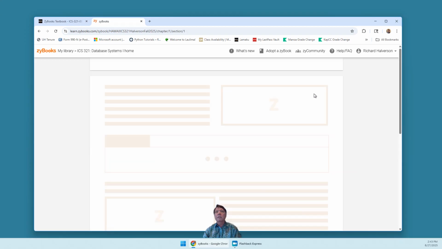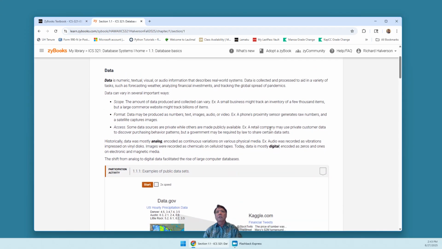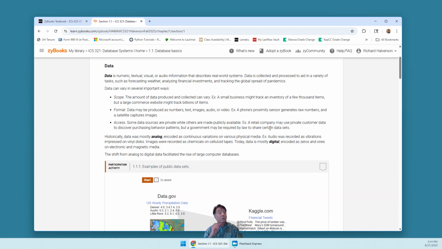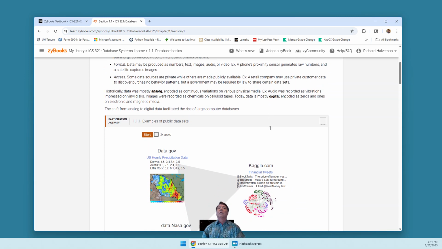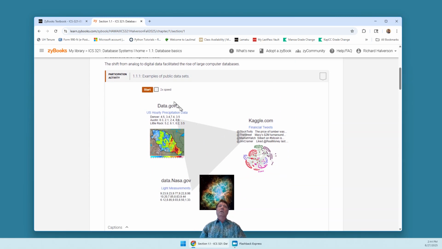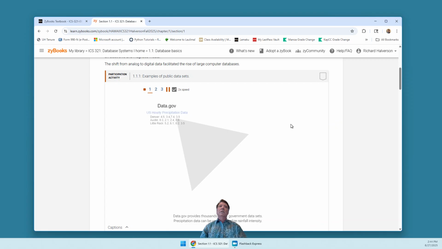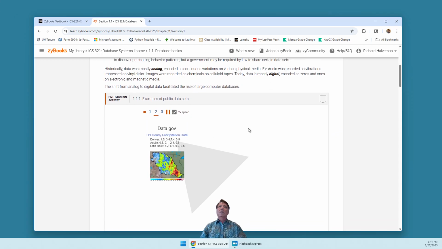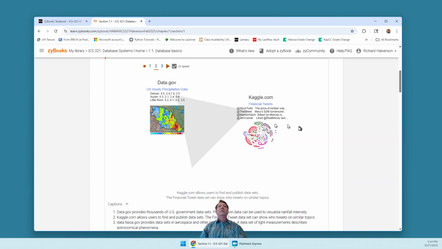Database basics. Okay, so this is some terminology. You should click through here. Examples of public data sets. This is a participation activity. You click through this, you read it, you click the arrow, different kinds of data. This is good for machine learning type stuff. The last type is